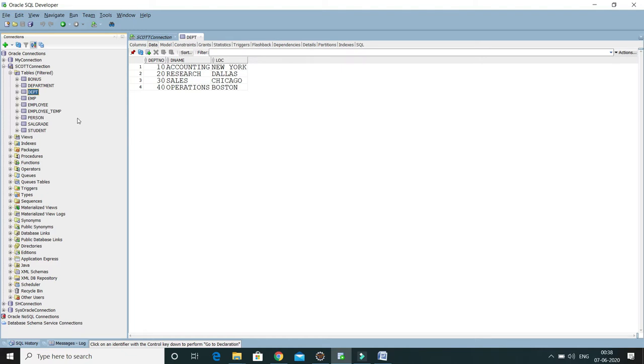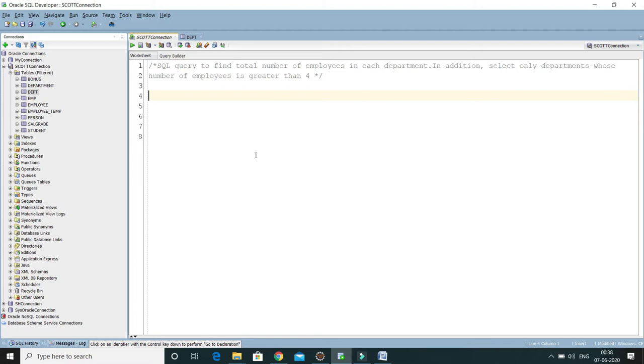And after that we'll try to use the having clause, right? So once you select the data by using group by, and afterwards you want to apply some filtration criteria, then we have to use a having clause, especially when you want to apply the filtration criteria on an aggregate function, right? So let's see.